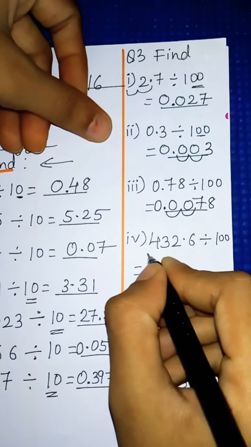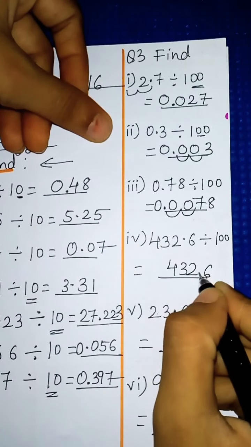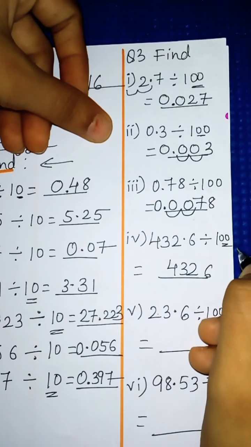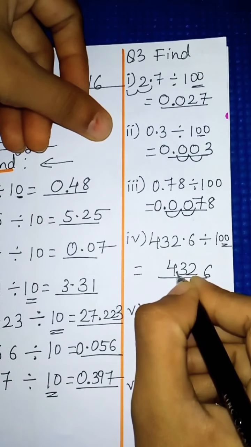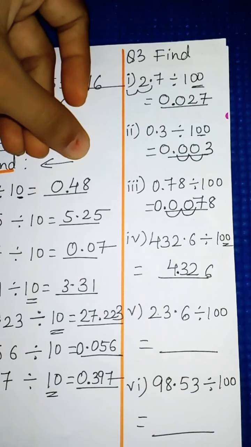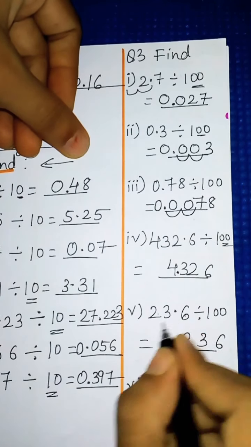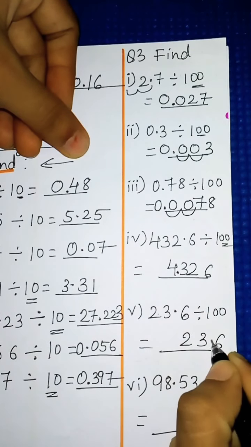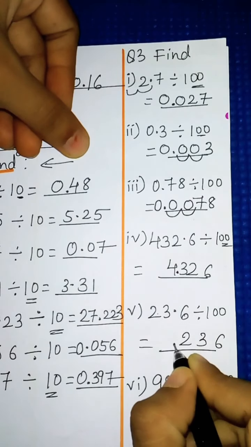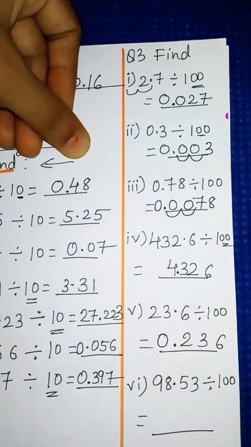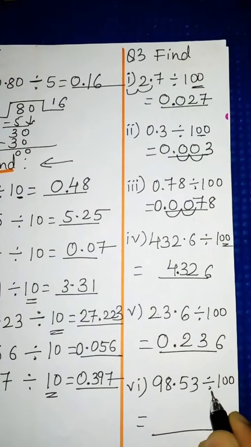Now next one, fourth one, the digits are given 4, 3, 2, 6. Now point is here after 2. यहाँ पे point है. Again 2 times we will shift because 100 is given. So 1 time and second time. So point will be here after 4. So it will be 4.326. Now fifth one is 236. 236. Now point is given in the question. Where it is given? Here it is given after 3. यहाँ पे point दिया है. 2 times इसको shift करेंगे. So 1 time and second time. So यहाँ पे point आएगा. So it will be 0.236.